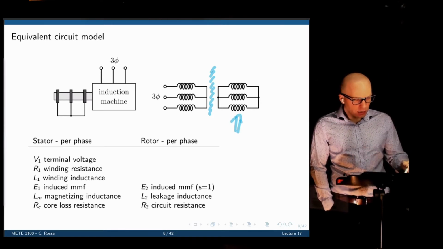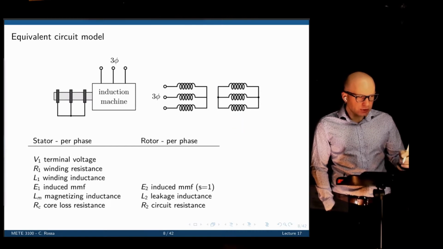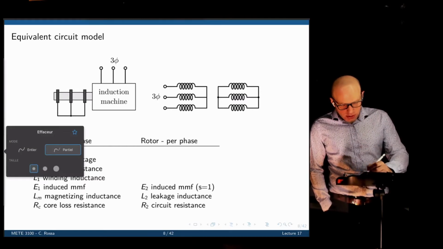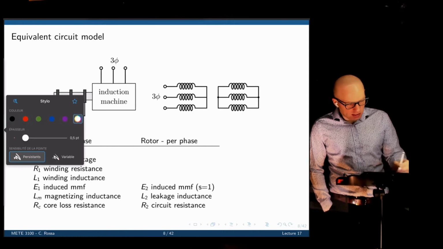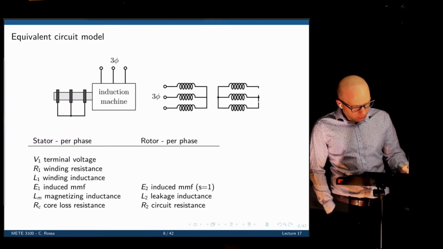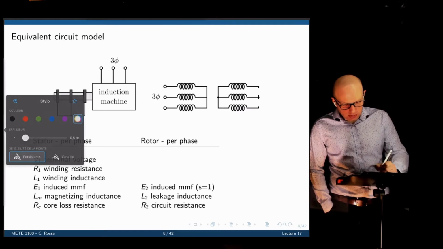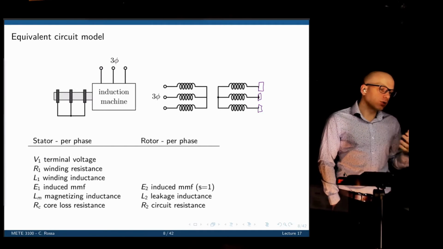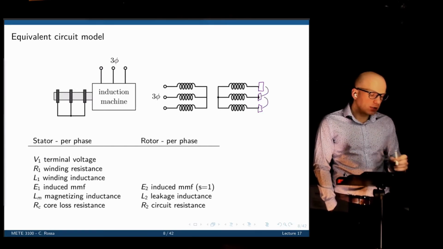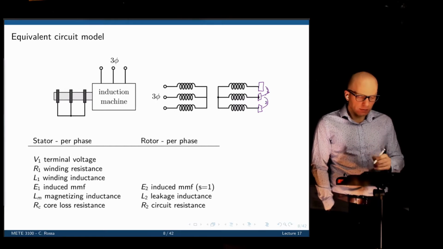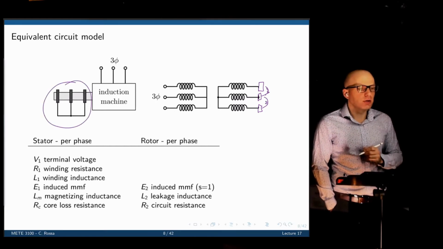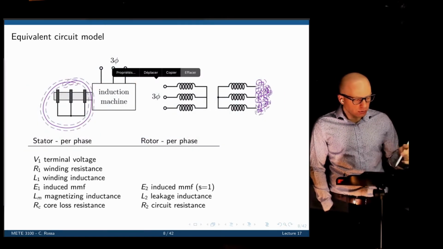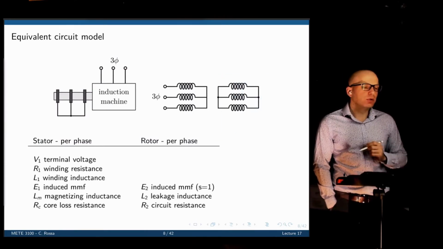And these three coils are short-circuited to themselves like that. As you're going to see later, sometimes it is desirable to have access to the terminals here. So we may open these terminals, connect them to rings like that, so that we have external access to them, and we can connect them if needed. We can add a resistance between them if needed. So this would be the slip rings that we see here. We'll see that they have a certain use later, but in general, this part here would be the rotor